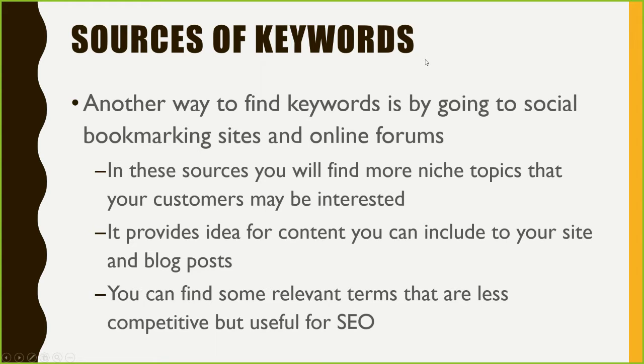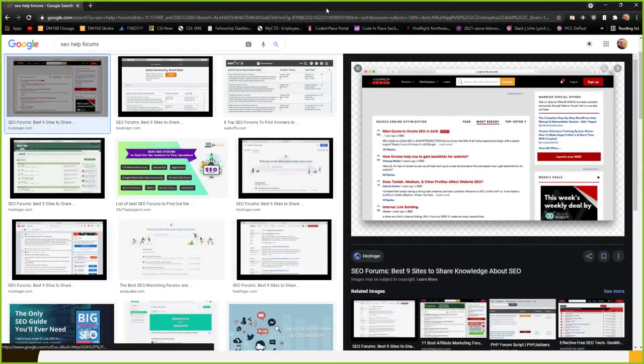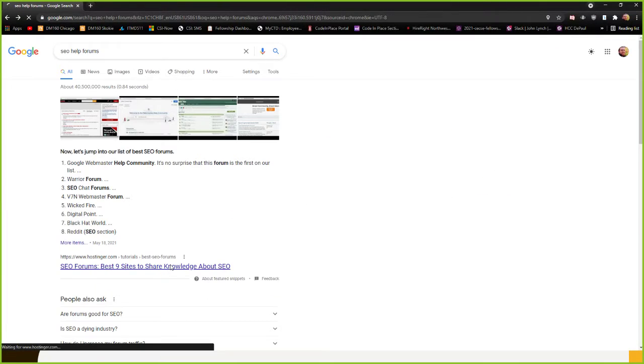Great. And now another way that you can go ahead to find keywords is by going to some social bookmarking sites and online forums. So now this is a pretty broad example, but you can pretty much say, let's see here. If I went ahead and just typed in some SEO help forums, and all of these guys here,